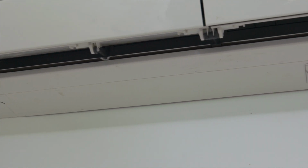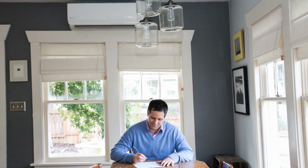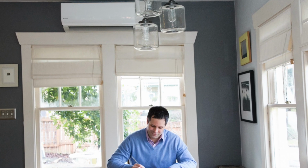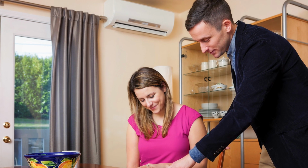In cold climates, heat pumps are often used to displace much of the existing heat. Most of a home's heating and cooling can often be provided by just one or two units. The first unit is normally mounted in one of the larger open living spaces. A single, smaller heat pump or a second zone can be used to heat and cool a side room or